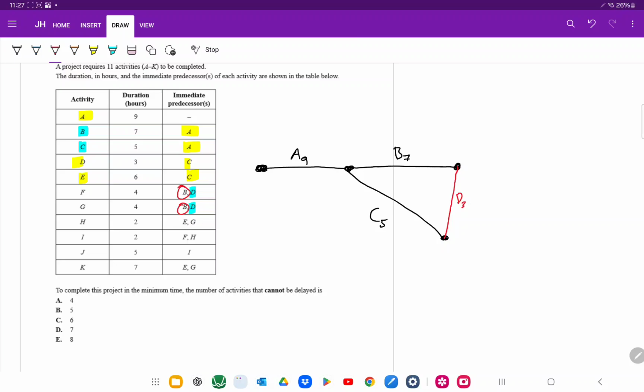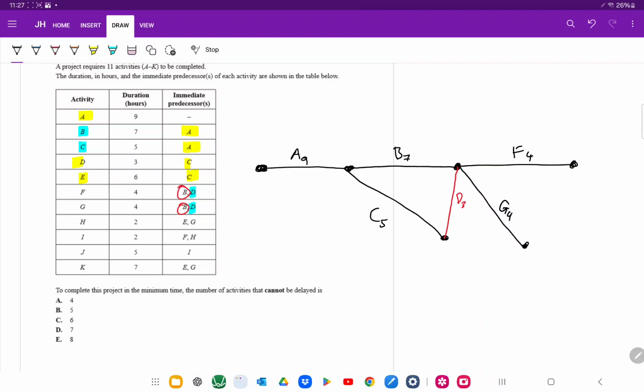and F and G branch from this section up here. So I'm going to draw this going down, F and G. I'm going to draw F going over here. F takes 4, and G takes 4. Now I'm going to have a look and see if G, so E, G,